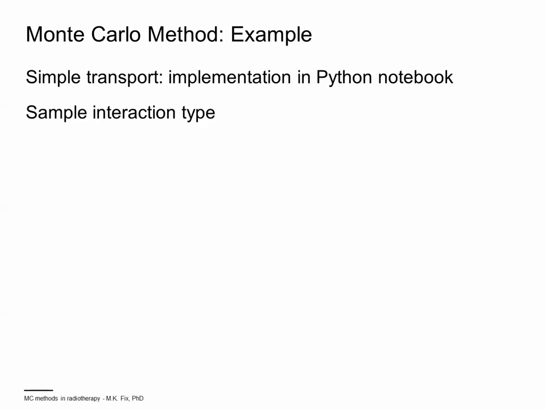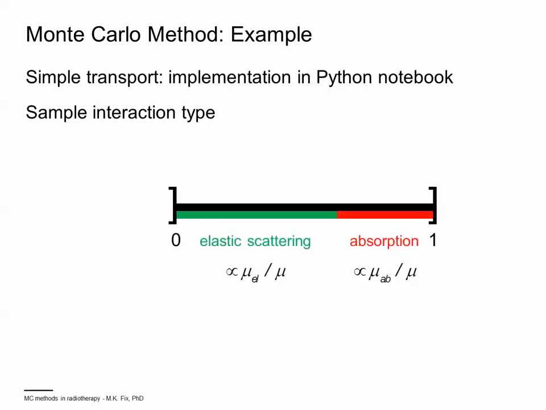Given the particle is still within the geometry, the interaction is sampled. Again, we use an interval between 0 and 1 and divide this interval in 2 sections. One is proportional to the elastic scattering interaction, mu elastic divided by the total attenuation coefficient. The other part will then be proportional to the probability to undergo absorption. Again, a uniformly distributed random number generator samples a number, and depending in which section the number is, the interaction